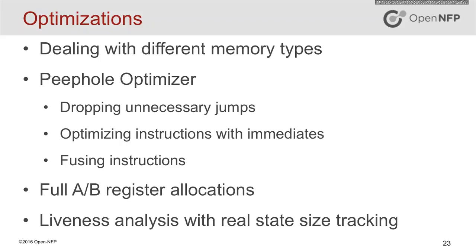So we can make sure we allocate the data and the maps appropriately to memories with different latency and performance characteristics. And we can accelerate some of the memory operations by using our memory engines. We also perform some simple peephole optimizations, like optimizing out jumps if they are unnecessary,